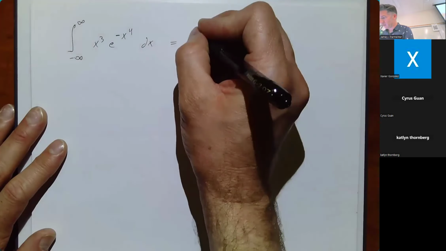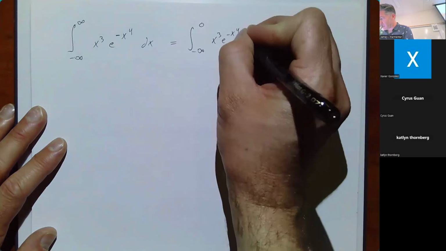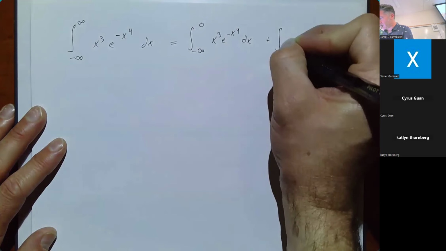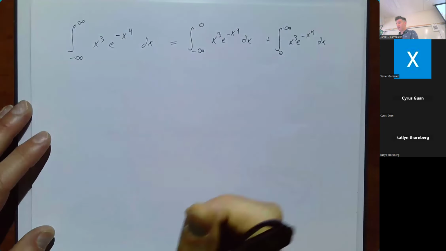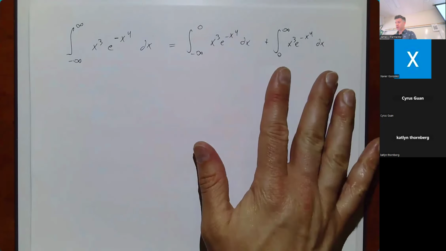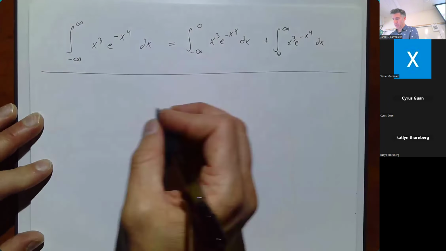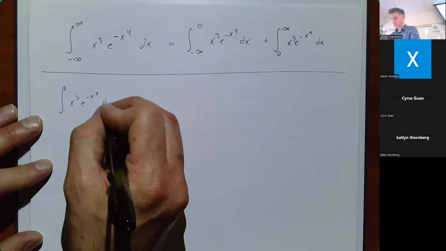So we're going to write this as the integral from negative infinity to 0 of x cubed e to the negative x to the 4th dx, plus the integral from 0 to infinity of x cubed e to the negative x to the 4th dx. And since I can see that the anti-differentiation of this function is going to require some process a little bit more complicated than being direct, I'm going to do the indefinite integral before I actually look at the improperness. So just doing the antiderivative of x cubed e to the negative x to the 4th dx,